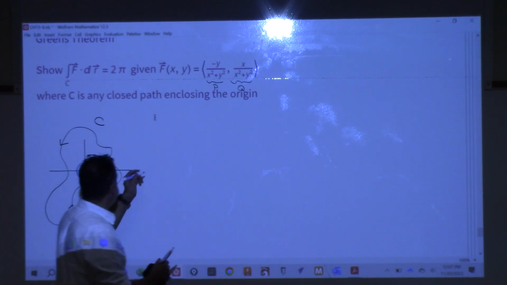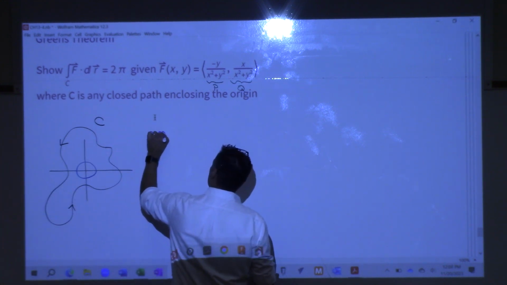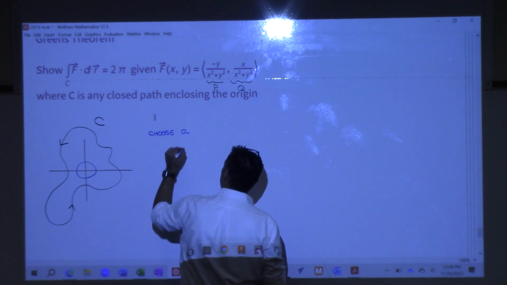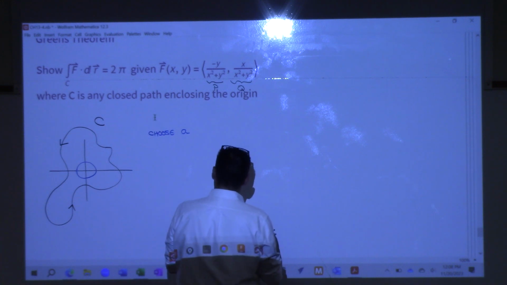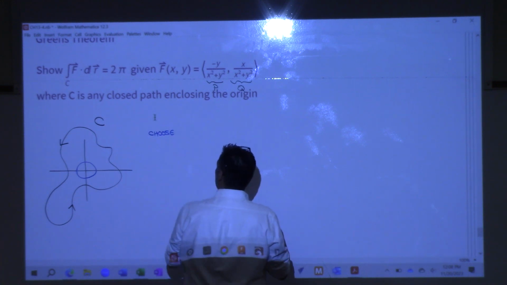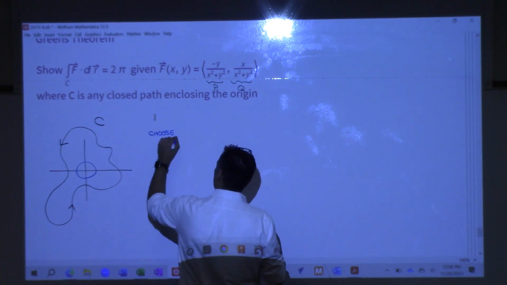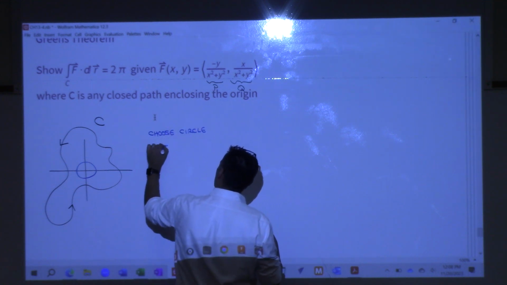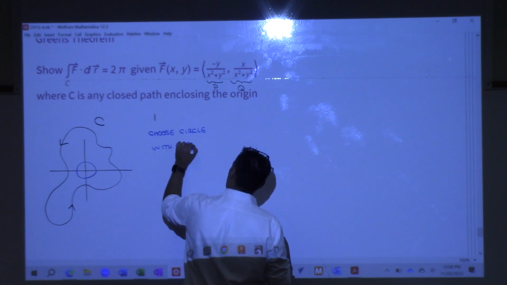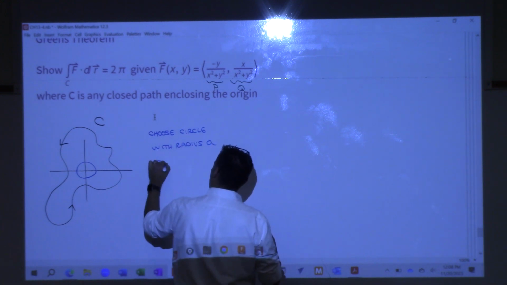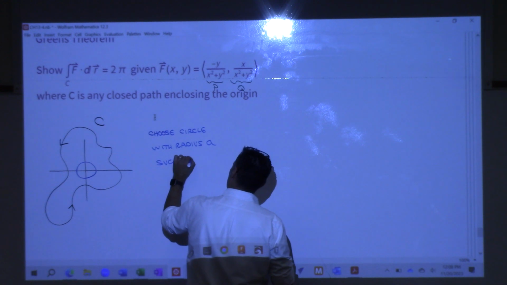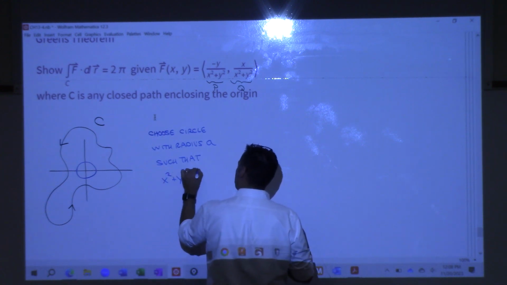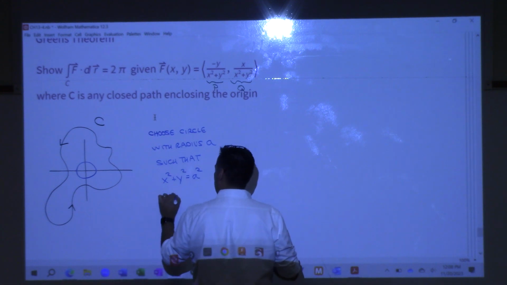Okay, so I'm going to say here, for the radius, I'm going to choose A. Choose a circle with radius A such that x squared plus y squared equals a squared is inside